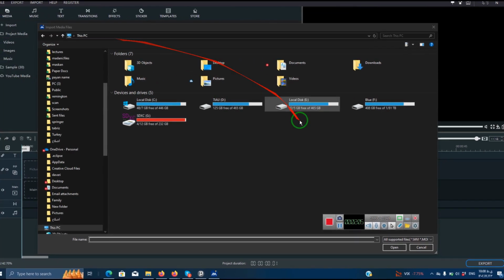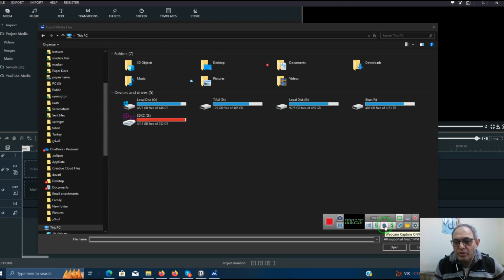So this is the way that you can use screen recorder